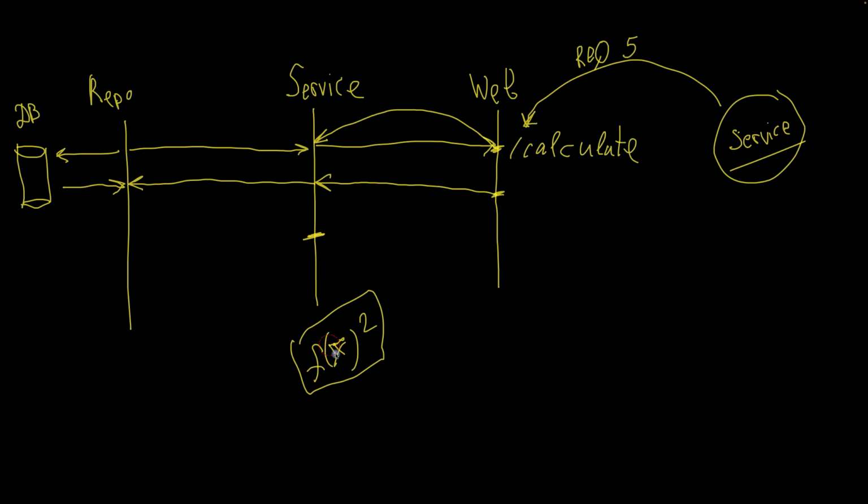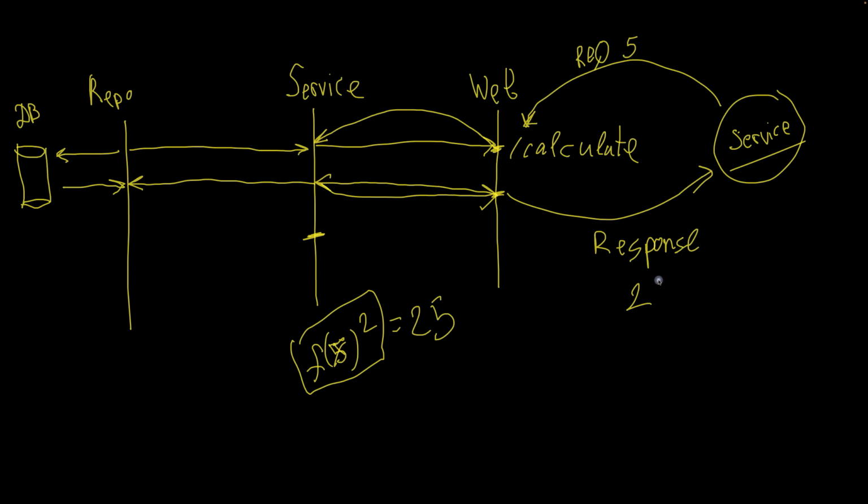It will calculate it, the result will be 25. The service layer will bring the output to the controller, and the controller will make a response to our service client with the payload